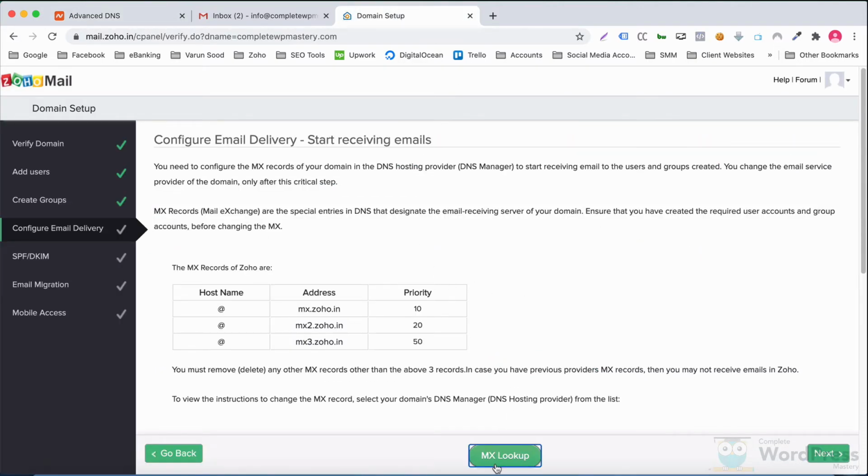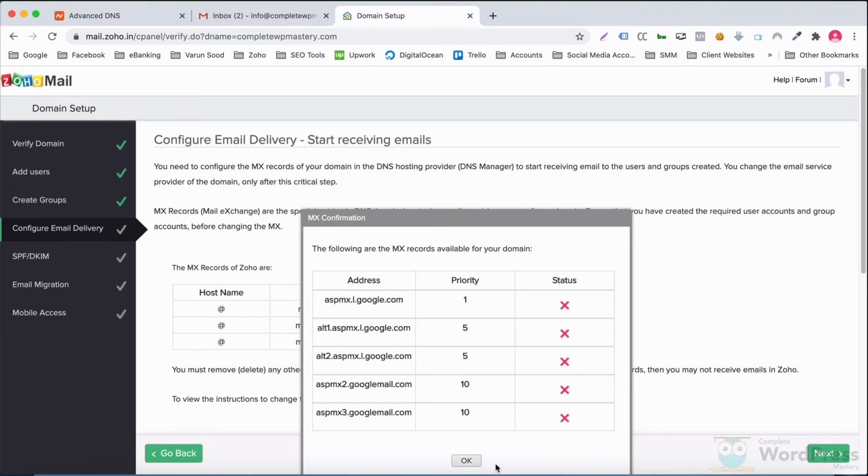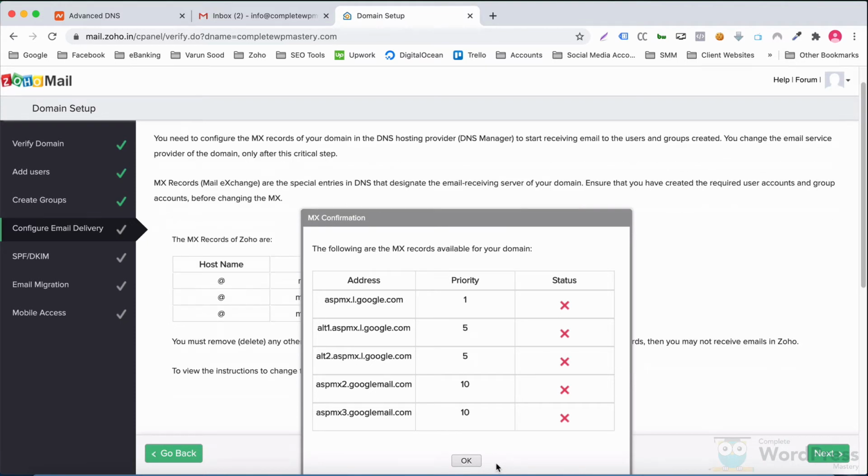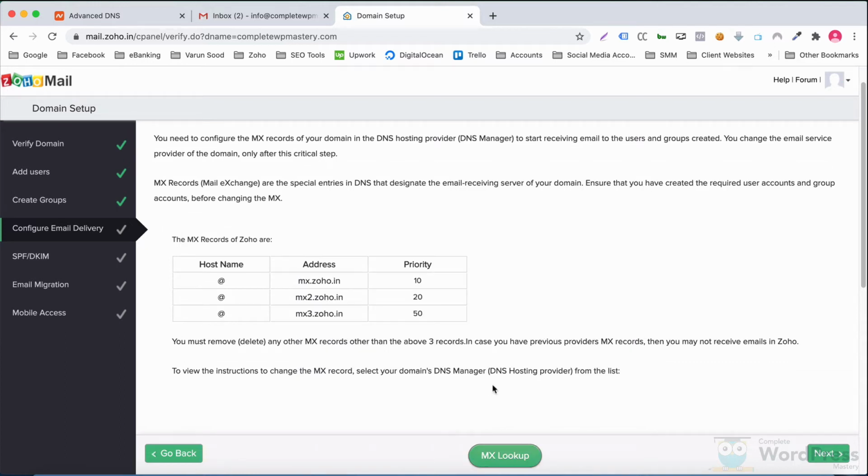If you click on MX lookup now, it still shows the MX records for G Suite, which means that the DNS records have not yet propagated and Zoho Mail has not picked up the changes yet. This behavior is absolutely normal and there is no need to worry.